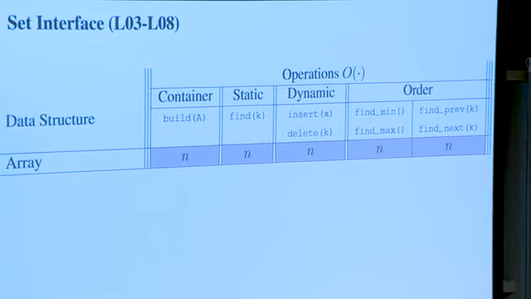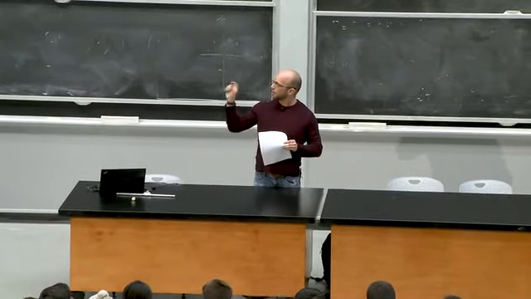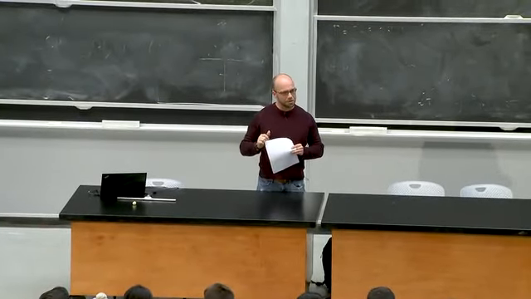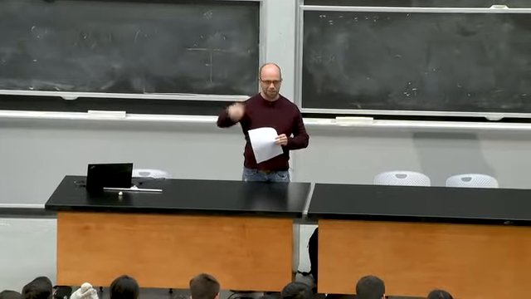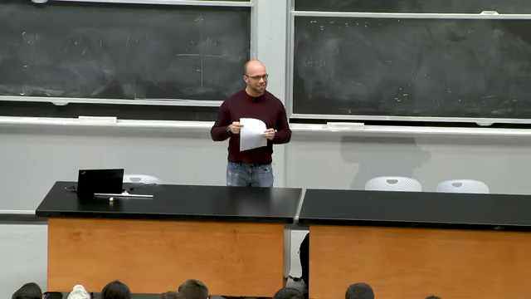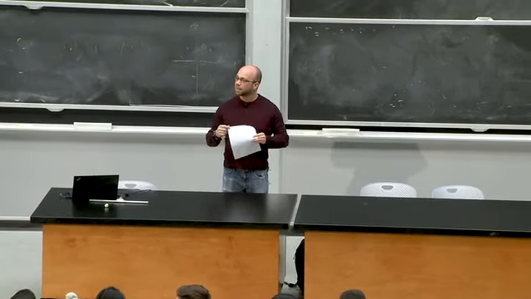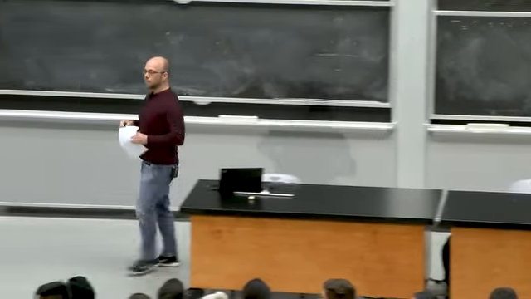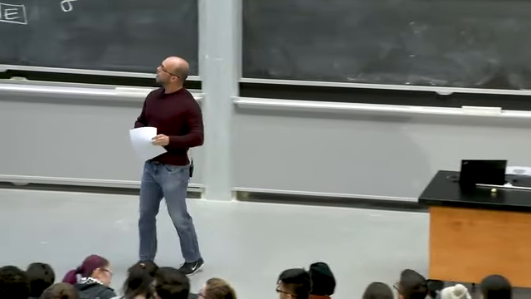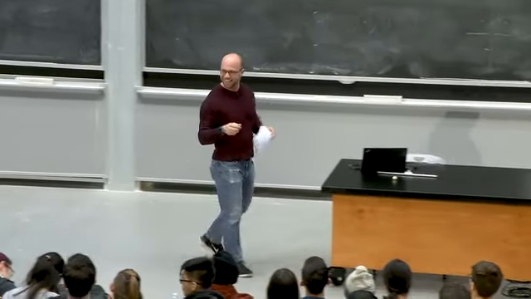Yes? Yeah, that's right. In this class, the set interface, the way we've described it here, is dynamic. We can just keep adding stuff to it. In that case, remember this amortized argument from Eric's lecture says that on average, that will take order n time. What was that? Oh, that's true. That's an even better point. Even if it weren't dynamic,